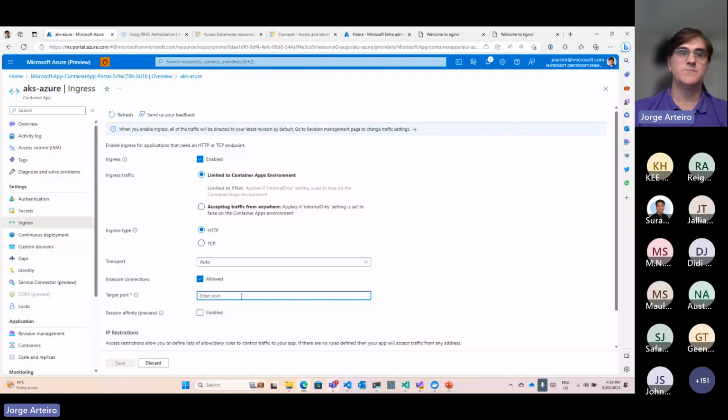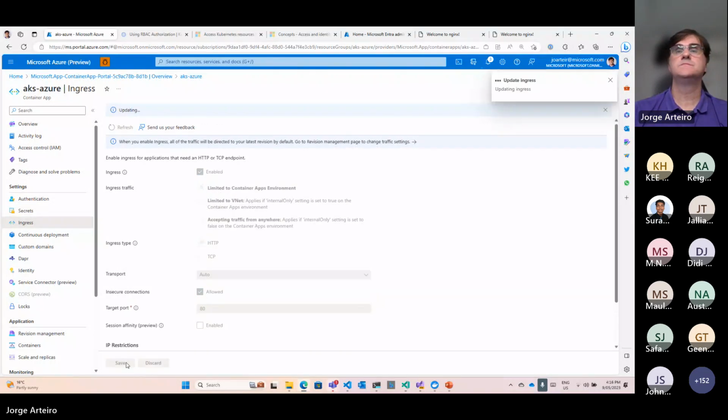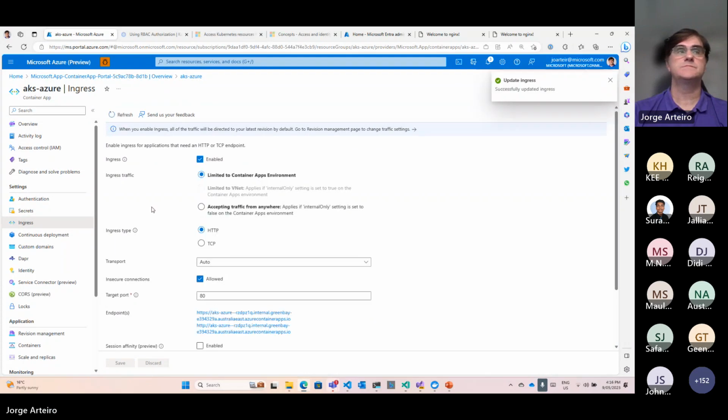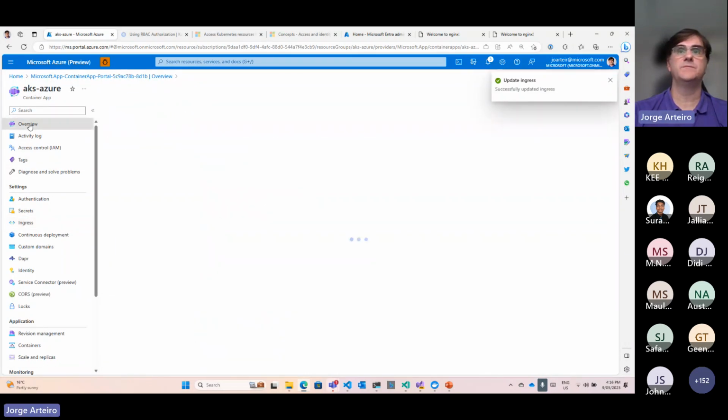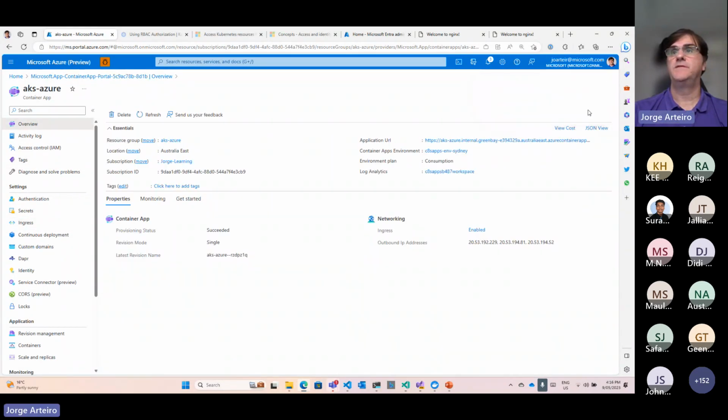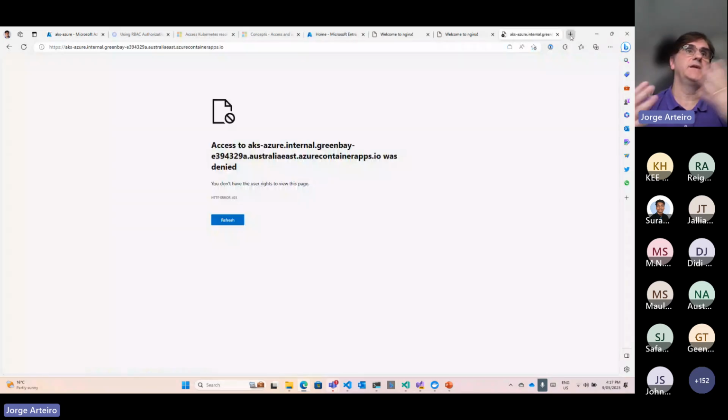I think that's port 80. That's another way you can use the portal to enable that ingress. When you do this, they're going to give the URL where you can access publicly. And you can do both. You can have these externally accessible or just inside like a private network.